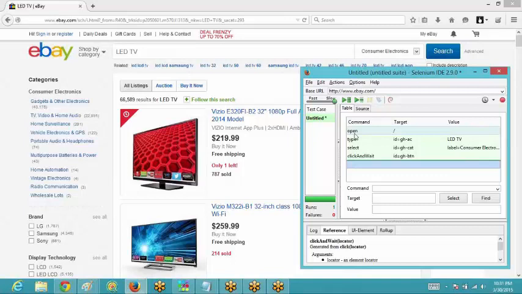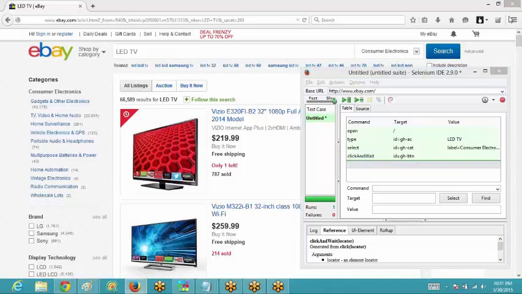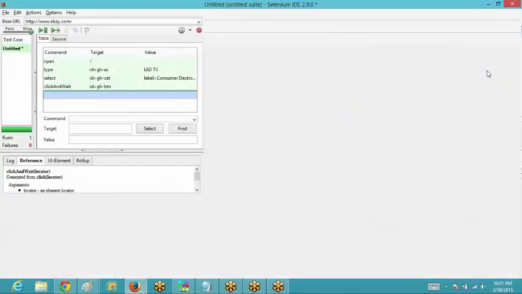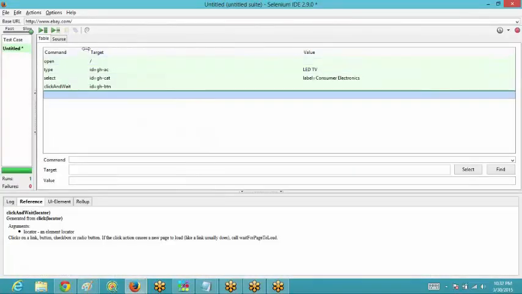Kirti, did you notice that? Okay, that's good. So whenever any of the steps are under execution, the color of the step would be yellow, and after it has successfully executed, the color changed to green for that particular step. Then for the next step it was again yellow since that step was under execution. Okay, so in this way you would be able to replay the test case that you have recorded.